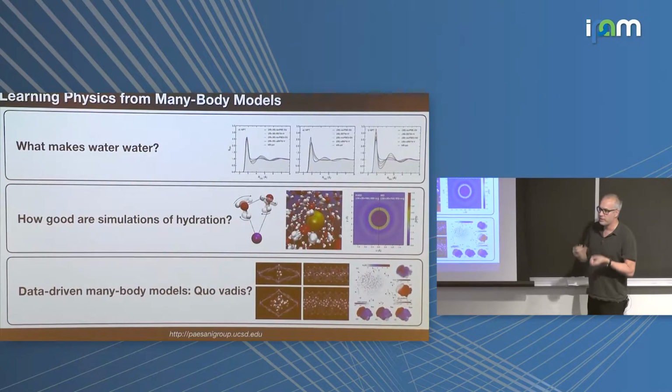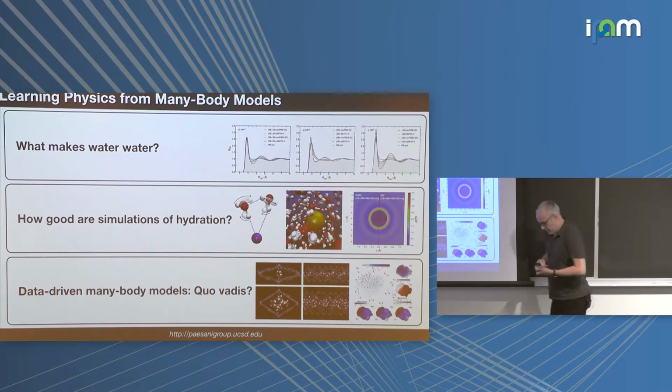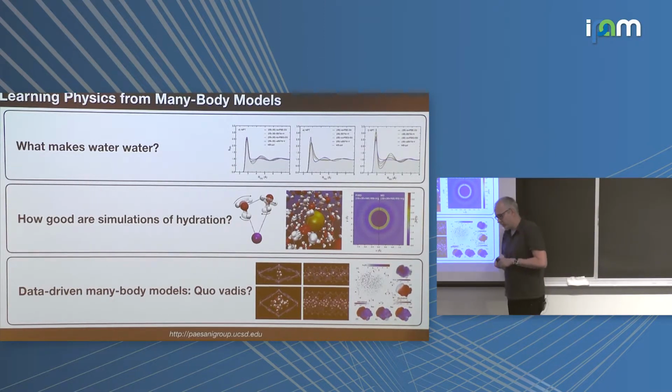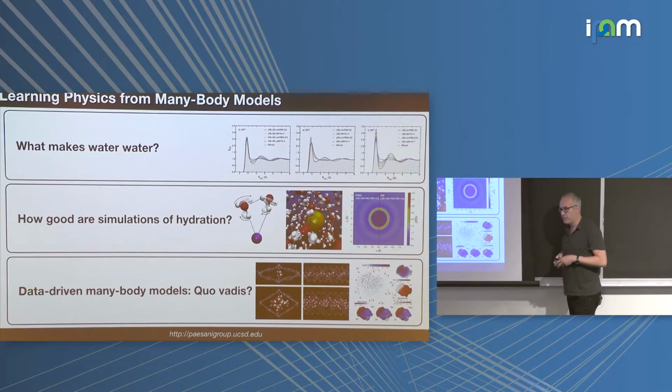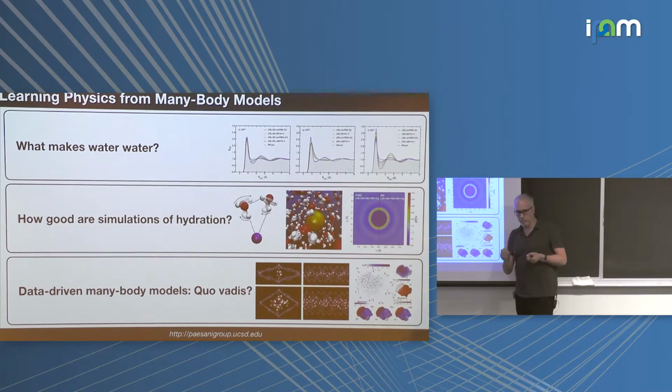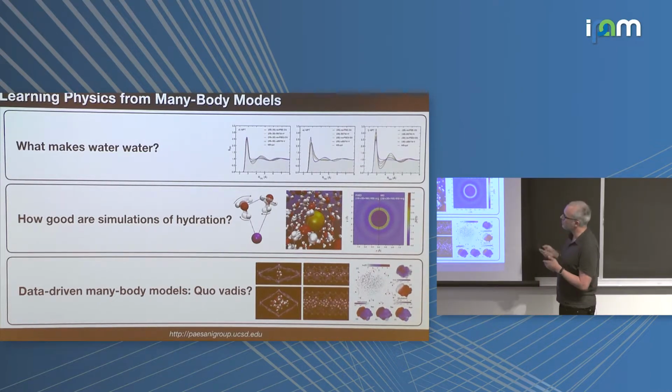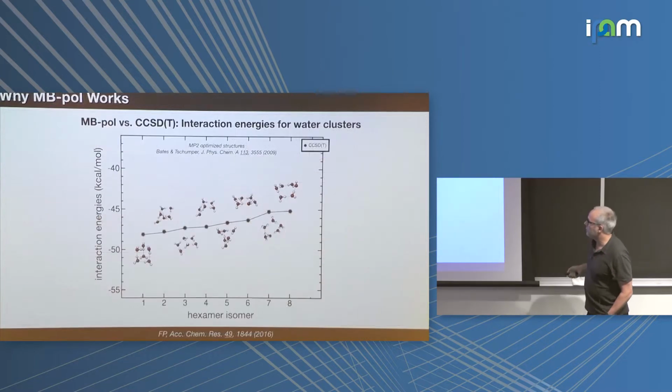Okay, so now this works, but the workshop is about learning physics and interpretable models. So we think that this model is very interpretable because we have essentially the way to decompose the many-body interactions in individual contributions. So now we can plug and play and see what are the contributions that make up our condensed phase world. And so these are three questions that I will try to address if I have time. So the first one,